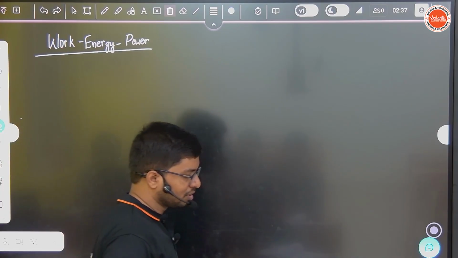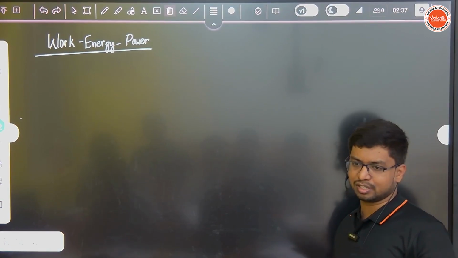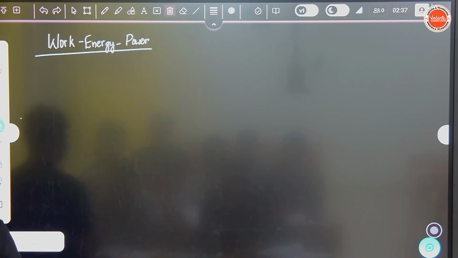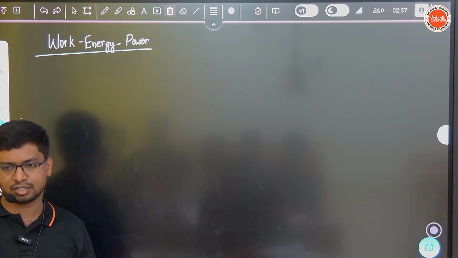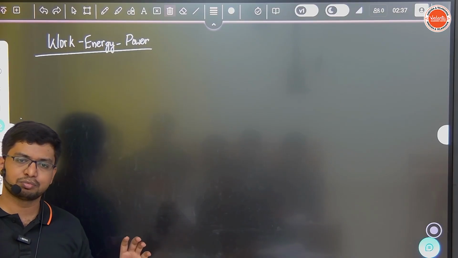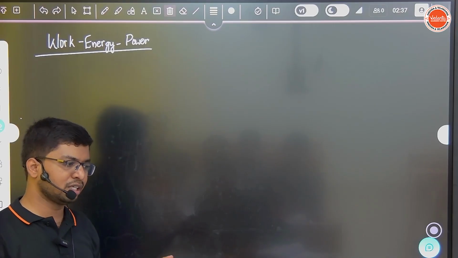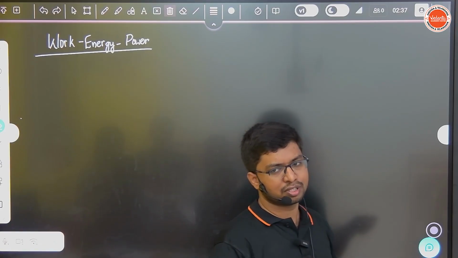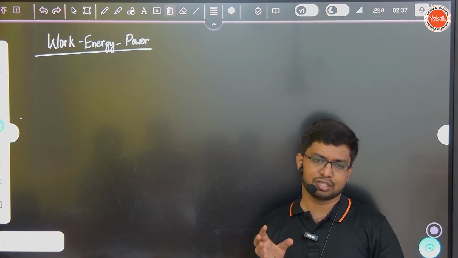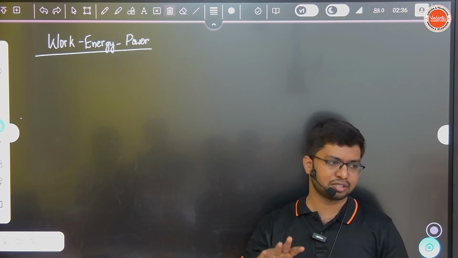So whether you go for the work energy theorem, or the modified work energy theorem, or the principle of virtual work, everywhere we are just going to play with the potential and kinetic energies. Understood? So we started with kinematics, where it describes the motion. Then we entered into Newton's laws of motion, where we discussed the cause of the motion, that means we look at how the forces are giving certain accelerations and velocities.